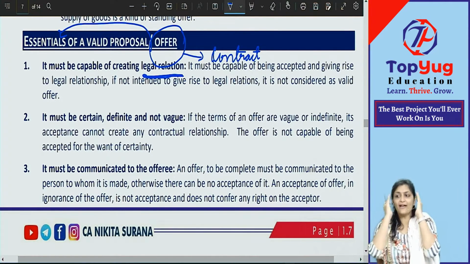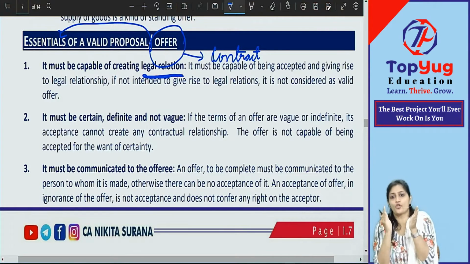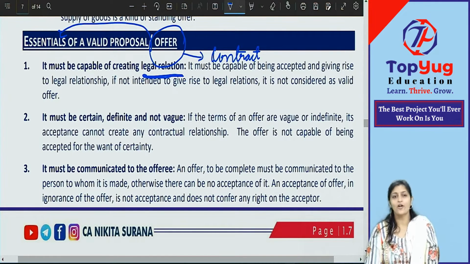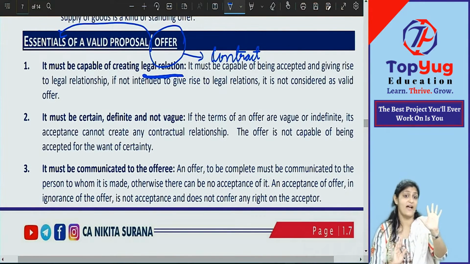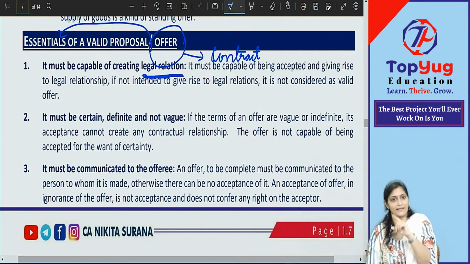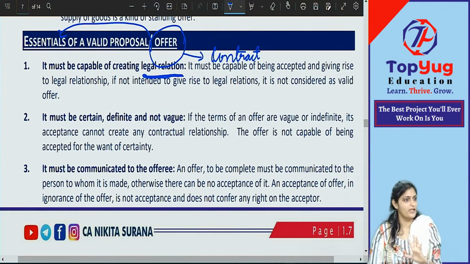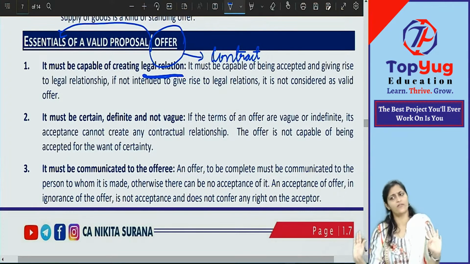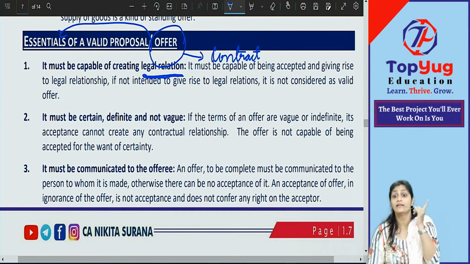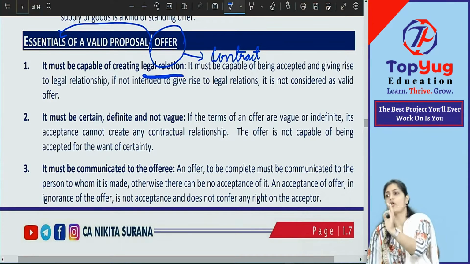So whenever I am making an offer, my intention should be that both the parties have a legal relationship. Am I thinking that okay, he is a very good friend of mine, let him give only 1 lakh rupees, I am okay with it? I will give a car worth 5 lakh rupees for 1 lakh because he is a very dear friend of mine. Then is it a valid offer? Did I intend to create any legal relationship here? My intention is what? My friend. If he does something wrong, I'm okay with it. I don't want to take my friend to court of law. Then, is there any legal relationship? No legal relationship. Therefore, not a valid offer.